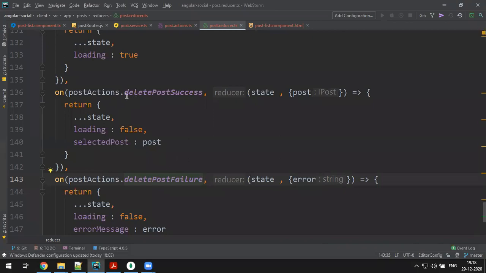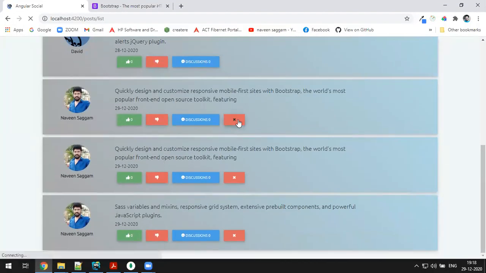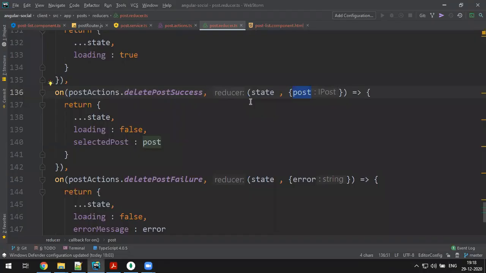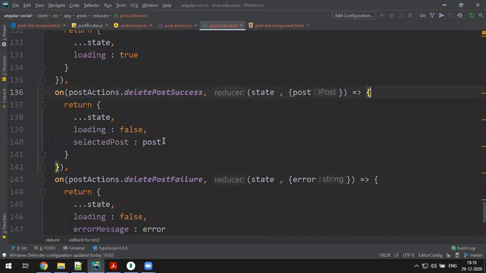So once you delete a post, the deleted post has come. Here you have the list of posts. If I click on delete, in the list I have to remove this particular post. How to remove? I'll tell you one shortcut. It's not a selected post, it's all the posts that have to come.